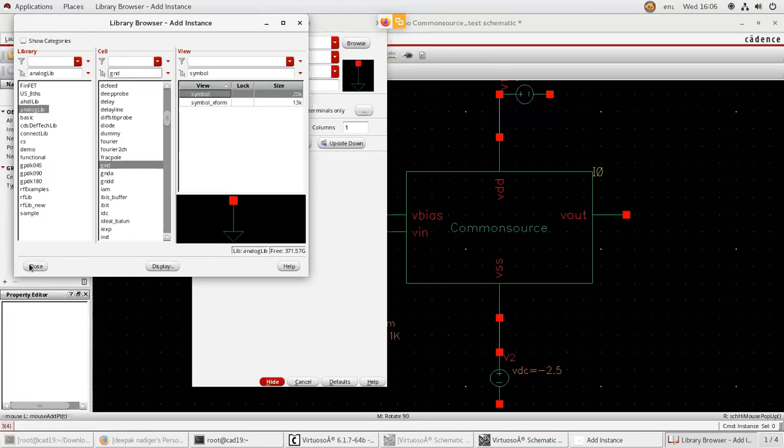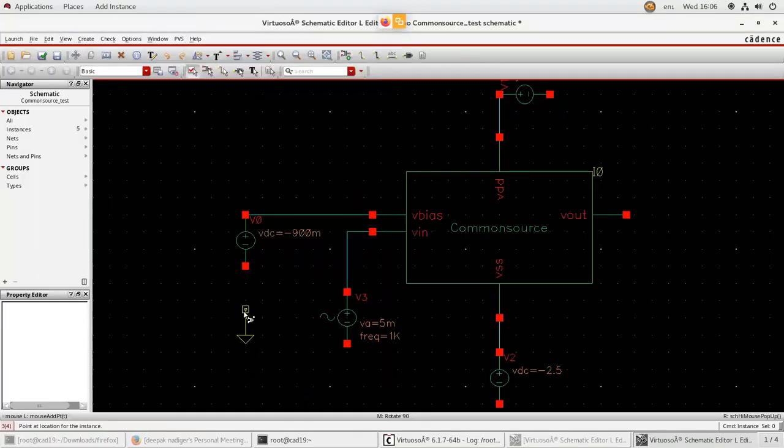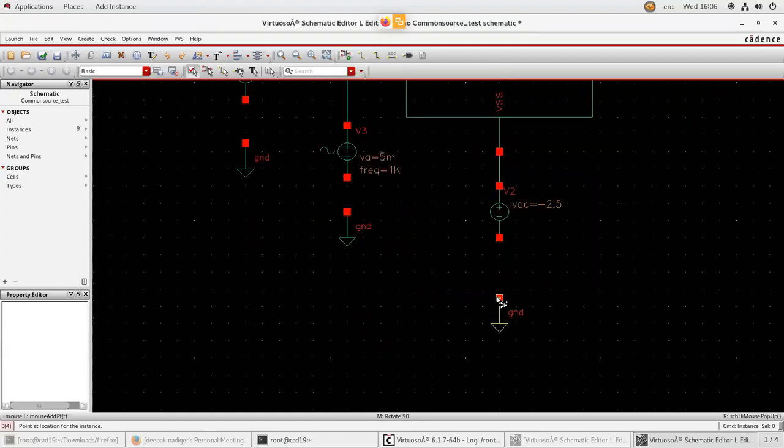Next, press close and hide. So place one ground here, another ground here, another ground here, somewhere far, and the last ground here. Next, make the connection between the other terminal of your voltage sources and the ground.